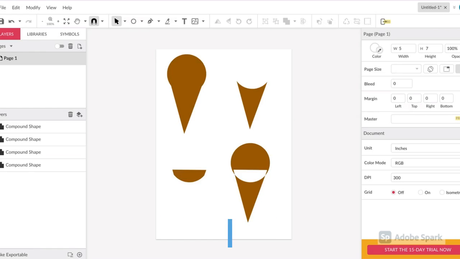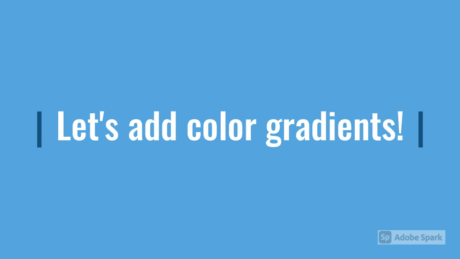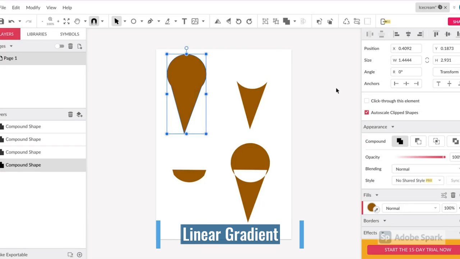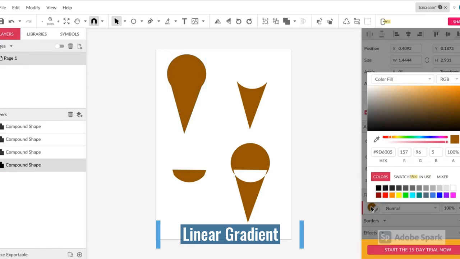Now that we have 4 unique compound shapes, let's add some interesting colors to them using something called color gradients. To change the color of our first compound shape, we would click on it, and then in the Inspector menu, click on Fills. Here we could change it to tan, green, but if you go up to the option that says Color Fill,